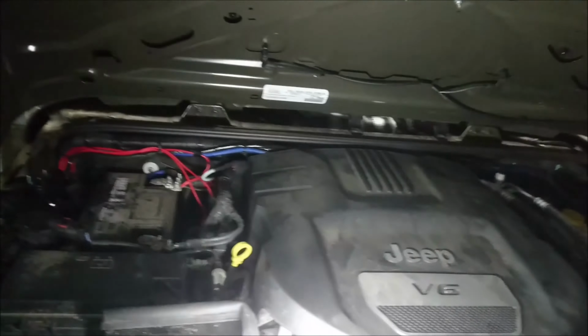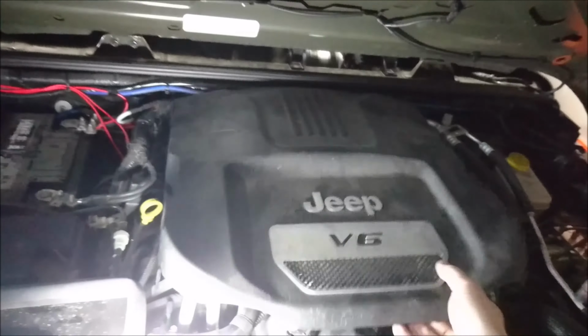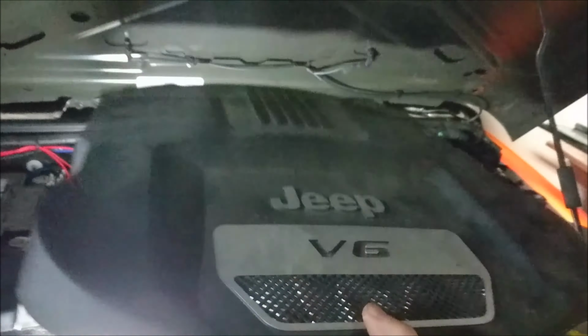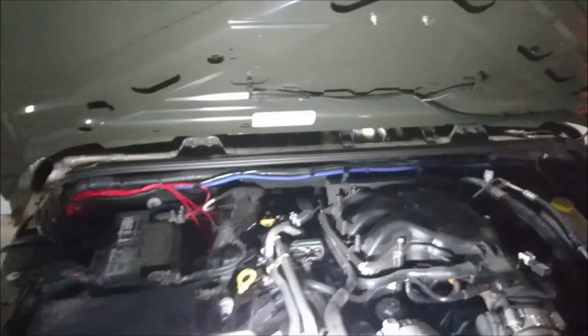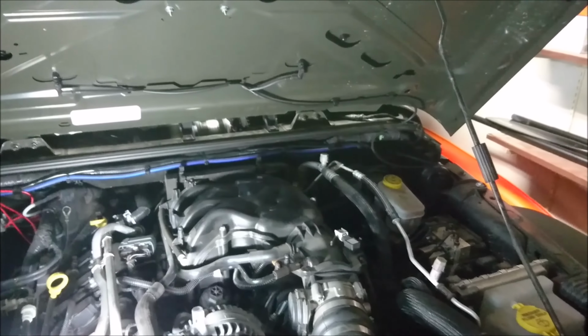Now the best way I found to do this is take your Jeep cover, grab it like so, lift up, and then pull towards you after it's up. Right there, you now have a straight shot to the other side, where you can either drill through the firewall,